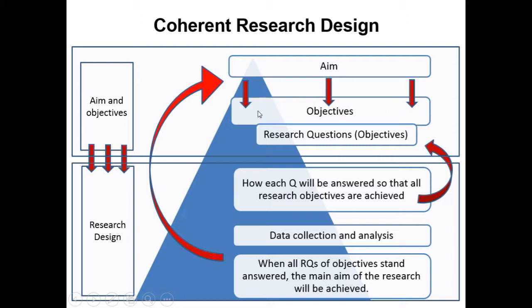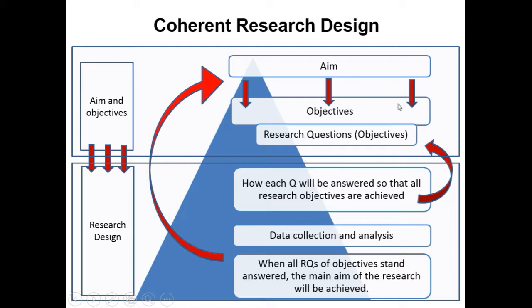So aim is split into, let's say, three objectives. If you achieve objective 1, objective 2, and objective 3, you have achieved your aim. But if your whole research is around this single objective and you completely ignore the other objectives, then you will only say that you have partially achieved your aim while you have not been successful in achieving the aim in its totality. So after specifying aim and after developing underlying objectives, it's important that now you work around